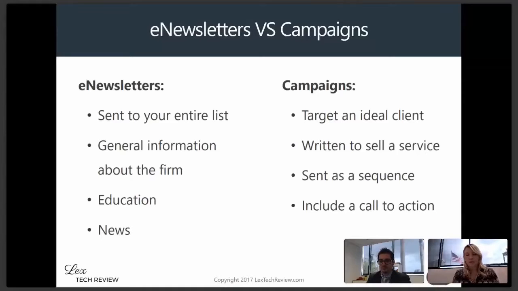But to understand the purpose of a tool like this is for one of two things: to send a monthly newsletter, which keeps your law firm at top of mind, shares what you're doing in the community, gives general information about the firm, the practice areas that you serve. It's an educational vehicle. Whereas a campaign is a series of emails that speaks to a very specific type of